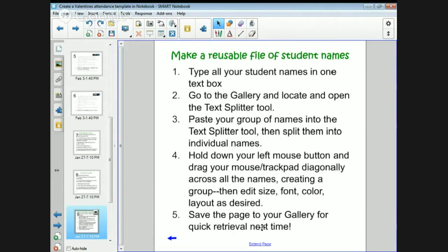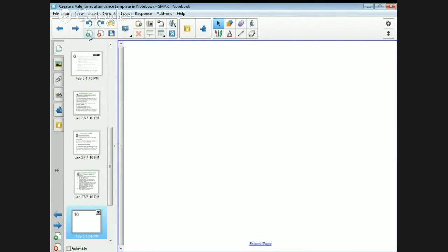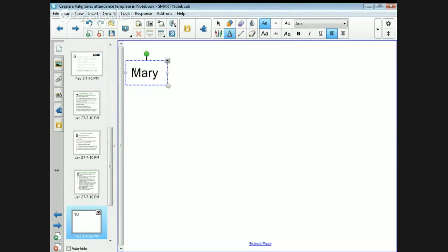So let's give that a try. We'll use it just right in this file. I'll create a new page. And let's say that we're going to type, all in one great big text box, a list of students. So I'm just going to randomly think of some names. We've got Mary, and we've got old-fashioned names. We've got John, and we've got Joe, J-O-E, and we've got